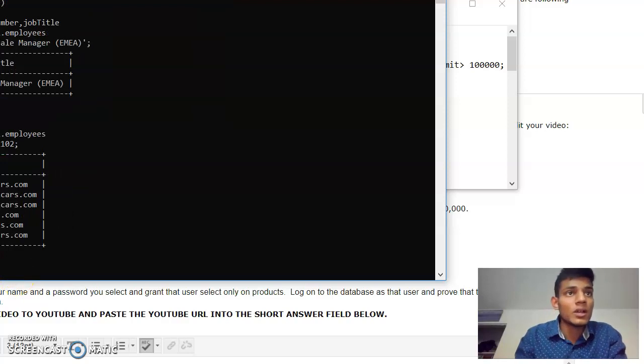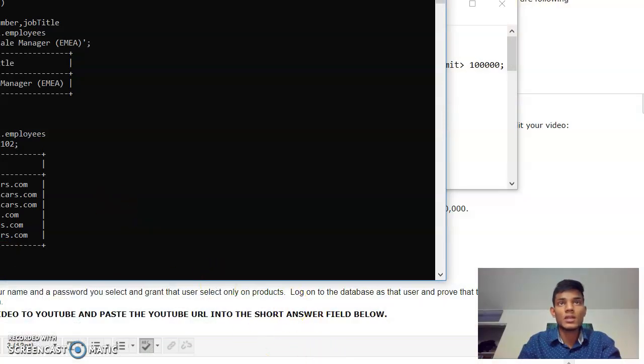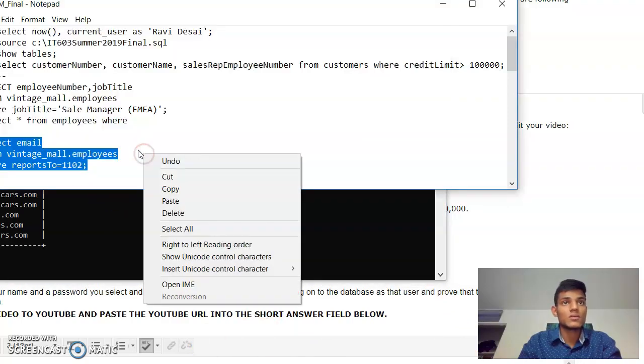So we can clearly see over here there are 6 email domains, classicmodelcars.com, which needs to be changed to vintagemodel.com, reporting to the sales manager EMEA. So finally the code is here for that as well,